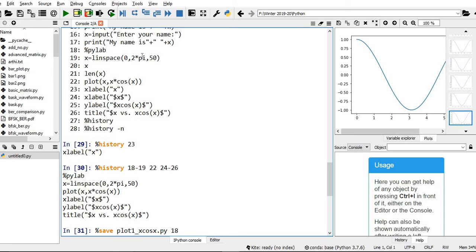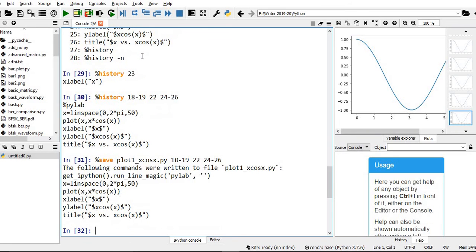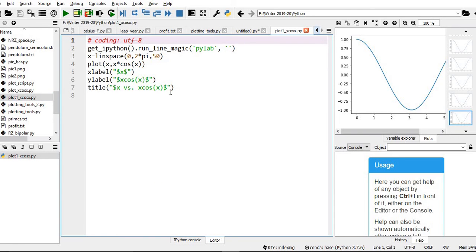I want to save 18 to 19, 22, 24 to 26. Hit enter, and you see this file name is plot1_x_cos_x. Here you can see the file plot1 x cos x .py. You just see the corresponding code. So whenever required, I can use this file name and run that.